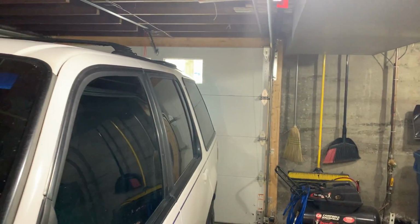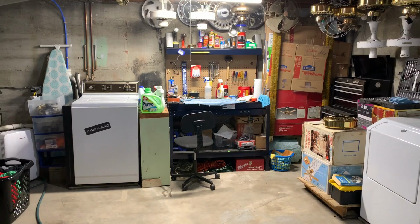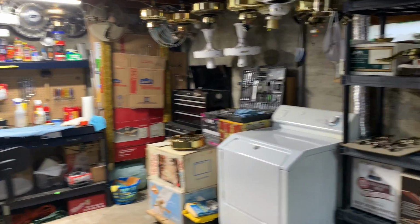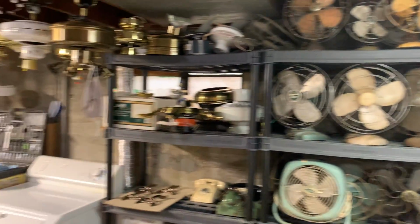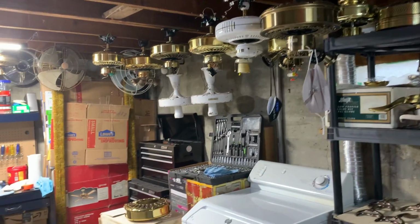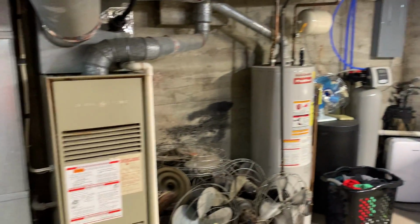This is actually where you drive in. You can see my Explorer is in here. It was snowing last night, so I wanted to park it inside. So it is a little cramped in here, but I am able to make everything work due to the lovely invention of shelves and by storing my fans in the ceiling. So without further ado, I'll give you guys a quick overview on what is down here